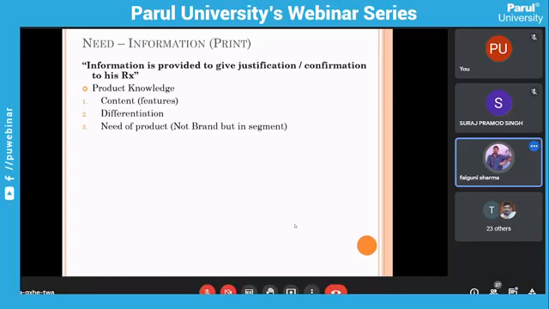Okay. So definitely the need of the product within the segment is for expansion, for profits, for benefits, and for future aspects. Because every brand or product has its life cycle. It will get diminished after some time. On that note, we have to develop something new. Okay. Brand knowledge,